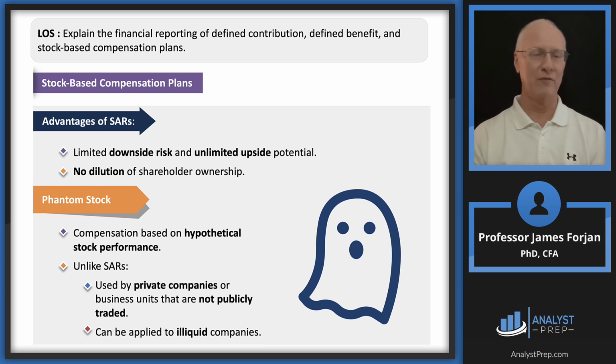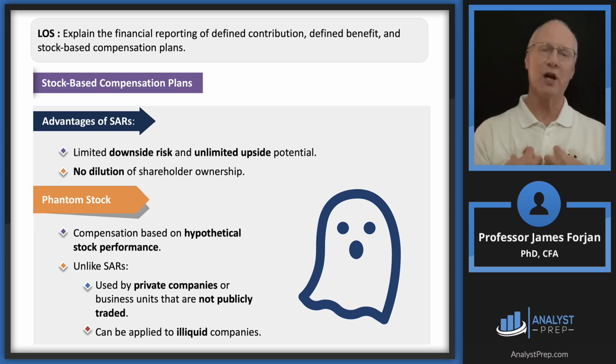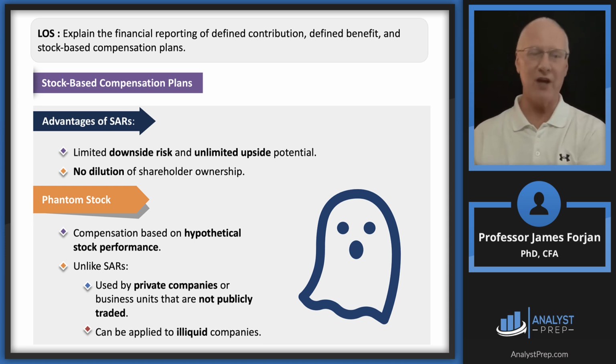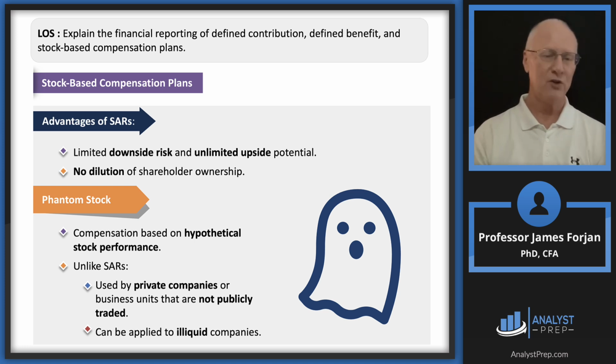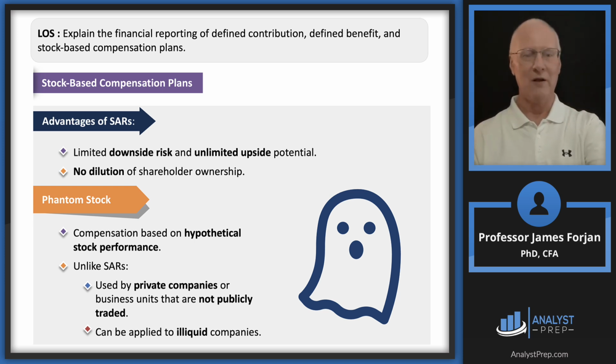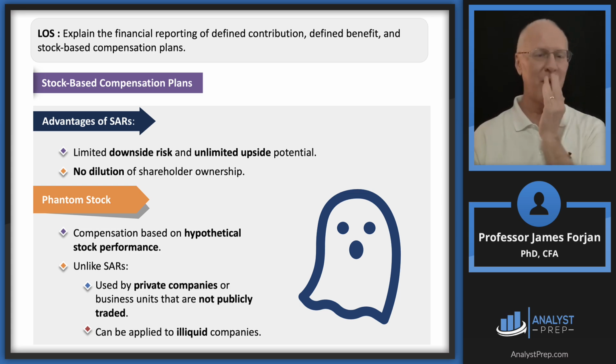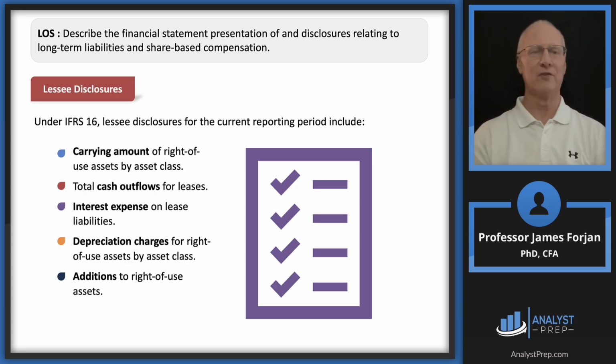Maybe we'll hire one of you guys once you earn the CFA designation. We'll hire you to come in and value the company and say, you know what, Jim, you've done a great job. Your phantom stock has increased by 200%. And then I could take this piece of paper and turn it back in, and you have to pay me that 200%. So look, private companies can be applied to illiquid companies that don't really trade much, in those third markets or fourth markets. Are we up to a fifth market, or in the dark pools, whatever exists in those dark pools? All right, let's quickly go through this last LOS on disclosure.